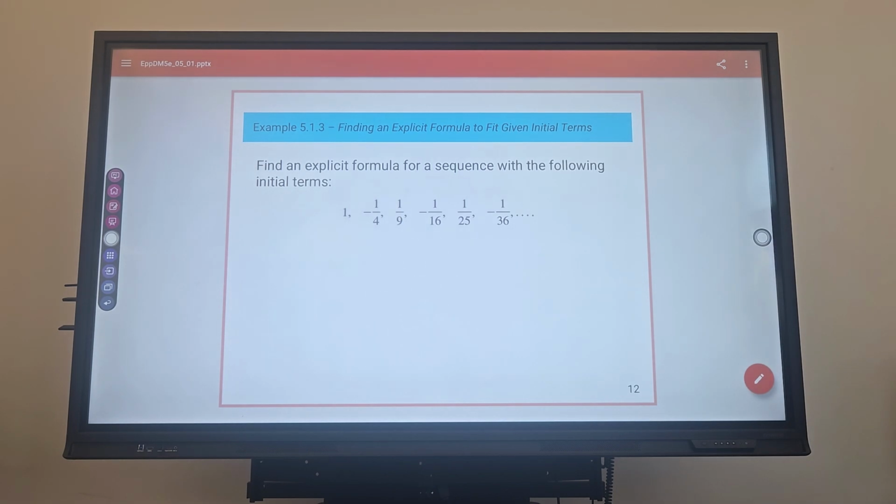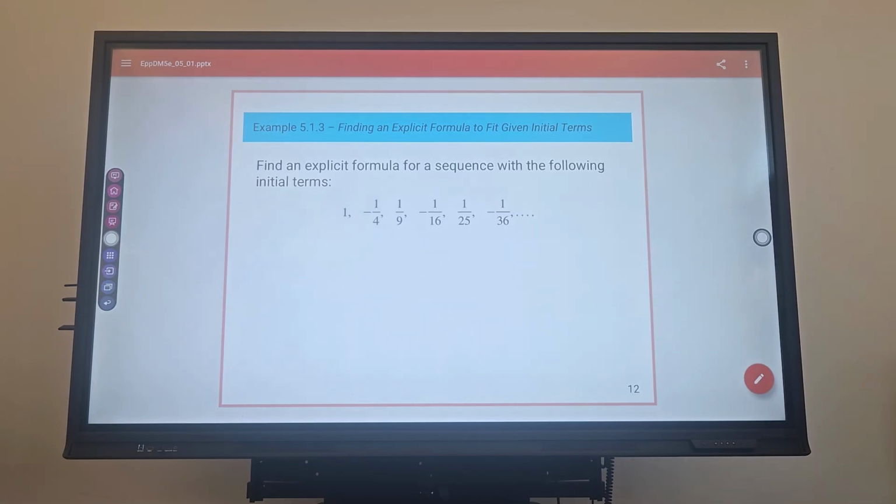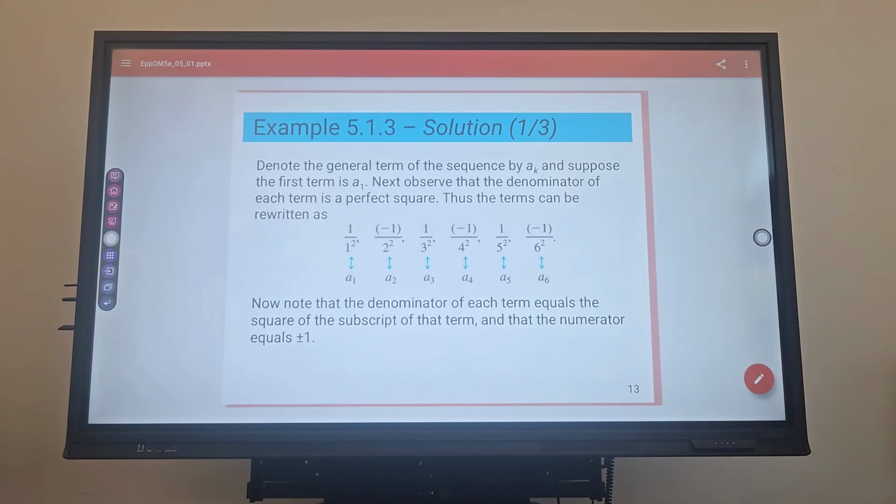If you call it the sequence A, it would be a sub k from 1 to infinity, and the general term of the sequence is